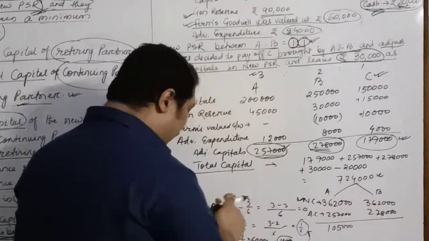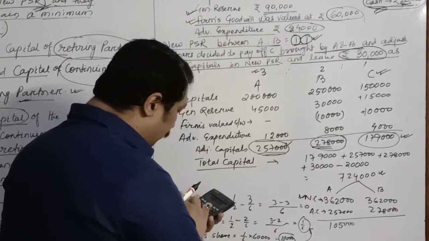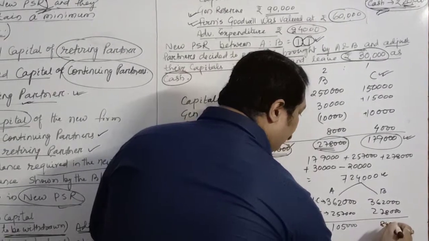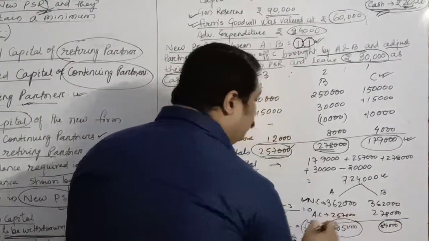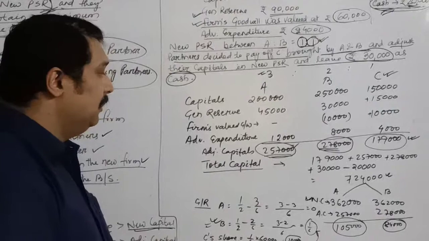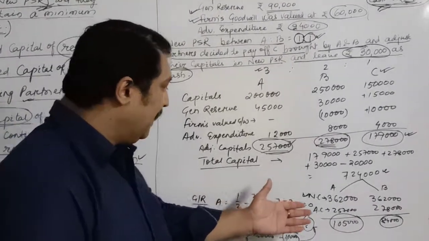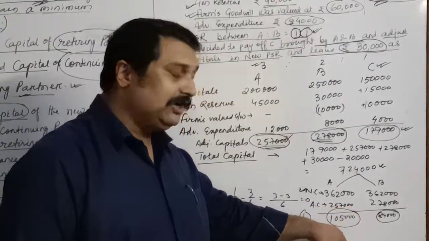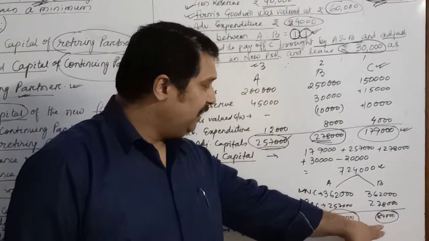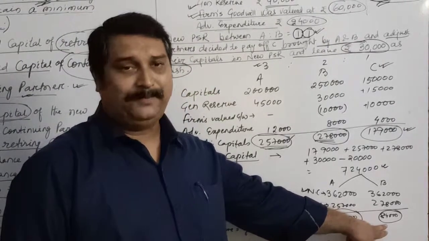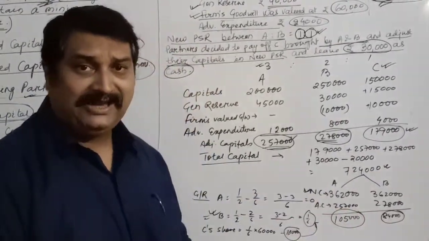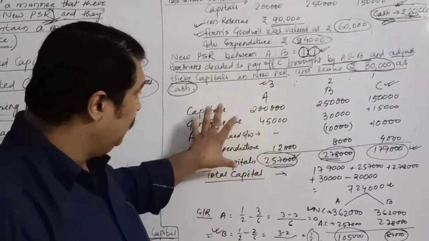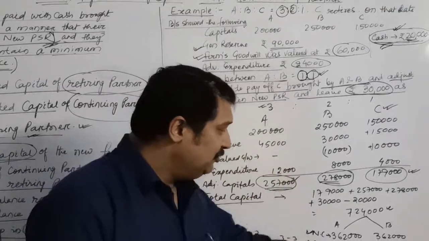And similarly B's new capital is also more, so he will have to bring in rupees 84,000. So this is how these two capitals will be brought in by the partners. You may pass the entry: cash account debit to A's capital account, additional cash introduced, and for B, cash account debit to B's capital account 84,000, additional cash introduced in the business. So this was a simple example with the help of the working I just told you.